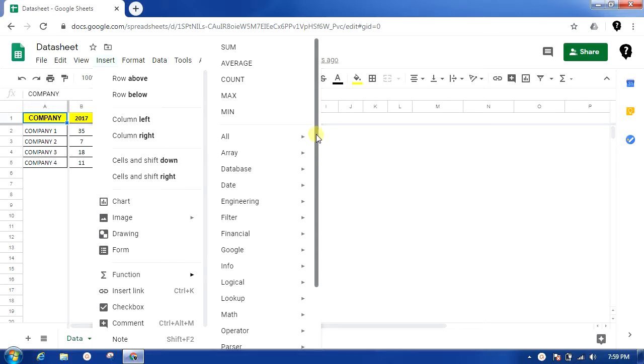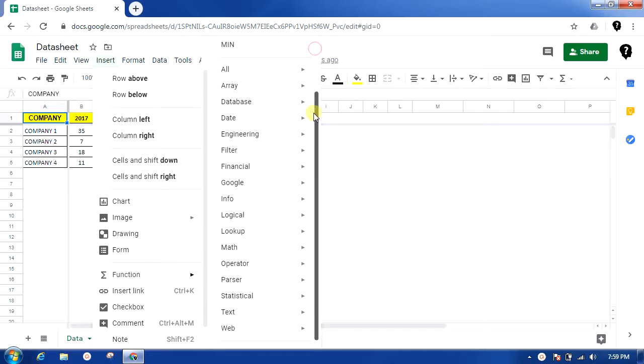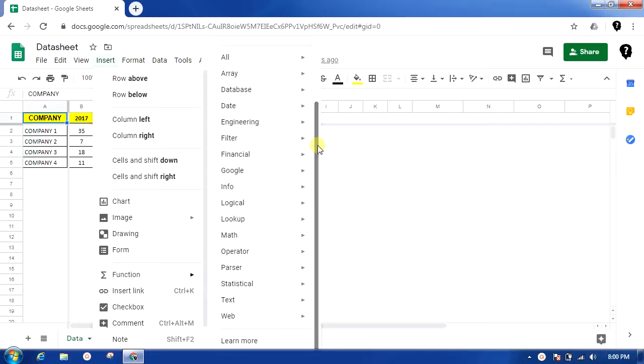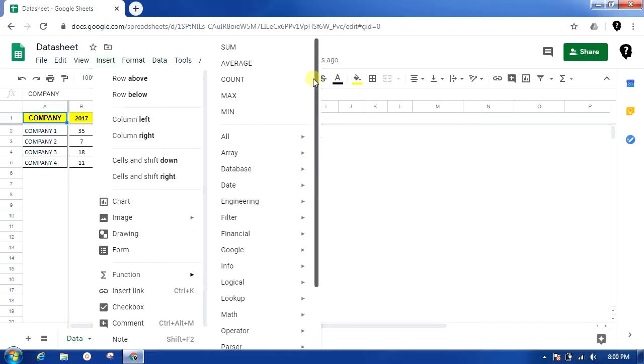Now, there's a little difference in the way we operate these functions in Google Sheets, and this is quite handy in terms of understanding the functions as compared to Excel. Again, it's a perception and may vary from person to person. I am quite used to working in Google Sheets along with Microsoft Excel, but I find this quite handy and useful. Why? I will tell you in the next few minutes.